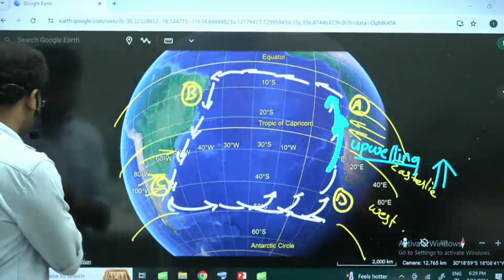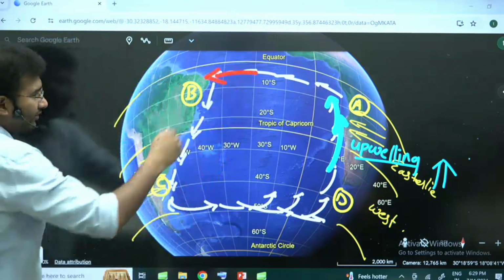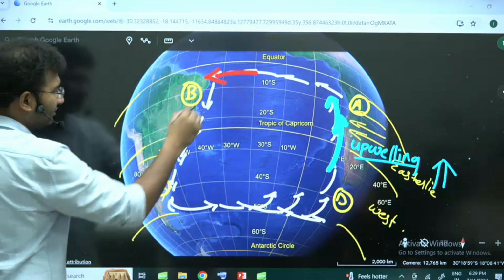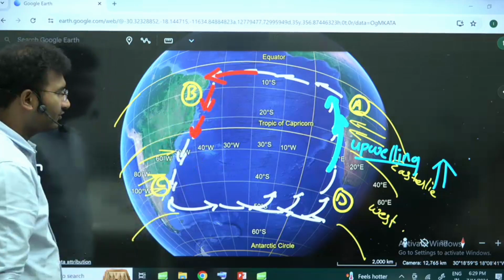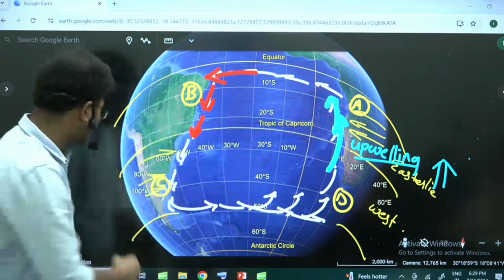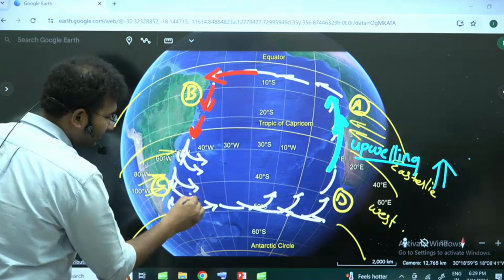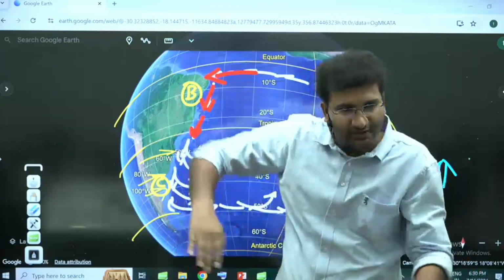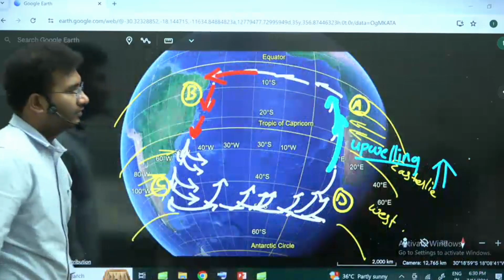As soon as the water comes to this part of the area, they are warm. And in the bottom profile, the water is sinking. And they follow the path of the coastline here. As soon as they follow the path of the coastline, look here, this water is entering into the westerlies belt. That means winds are coming and they are trying to push, right? So all these winds deflect towards their left. Imagine they are coming from north to south. The deflection is towards the left. So these deflections will finally lead to the backward movement.